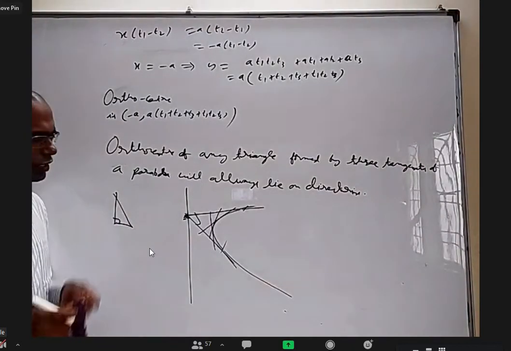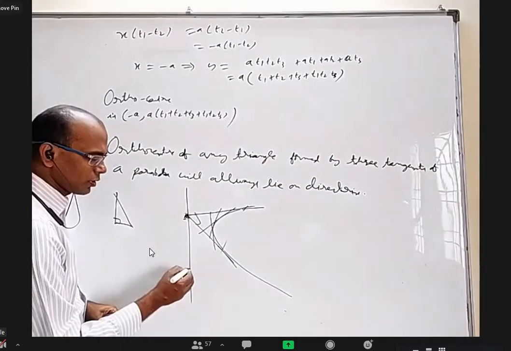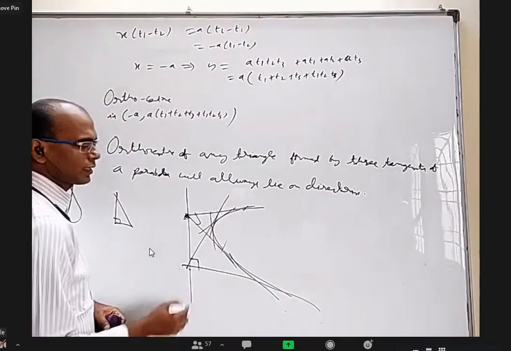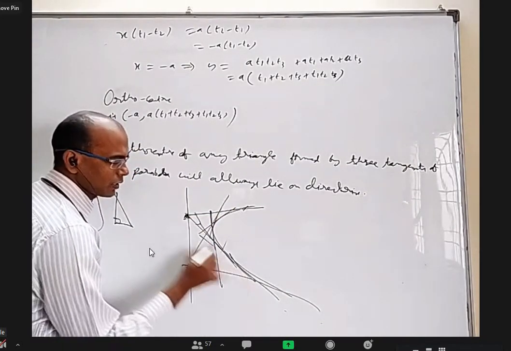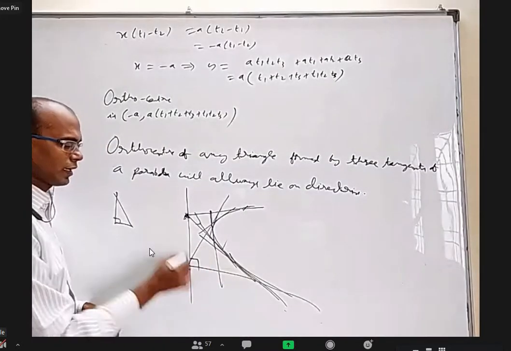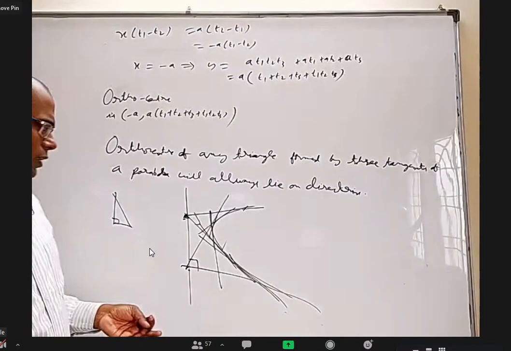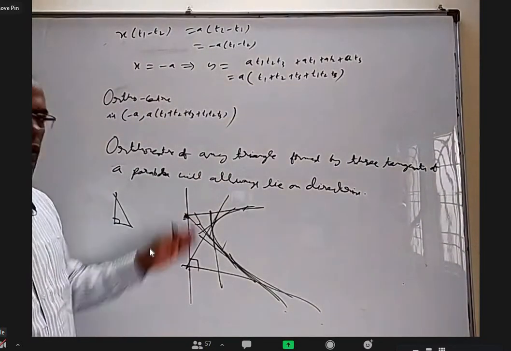And how many cases we got? Infinite cases. You take some other point on the directrix and draw this tangent and draw this tangent. This is 90 degrees. Other tangent you take here or here or here. Every time it is a right angle triangle. This is the orthocenter. Okay. So already we are seeing infinite cases. Even if you fix two, changing the third one is itself infinite.